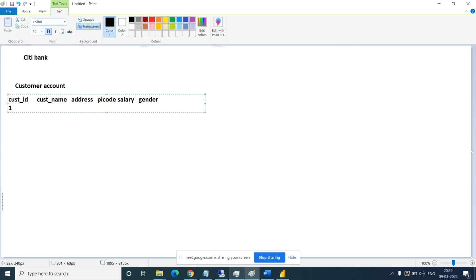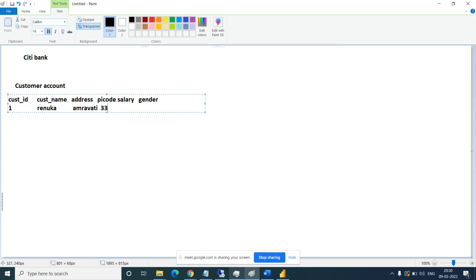Suppose Renuka has customer ID 1. There is only one Renuka in the bank. The name can be duplicate, say one more girl named Renuka comes, but her date of birth, address and customer ID will be different.